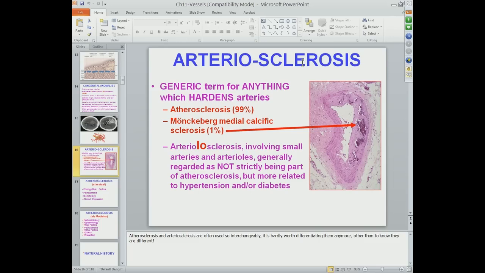okay. I don't have any problem with that. But remember, arterio just means artery, sclerosis means hardening. So anything that hardens an artery, whether it's abnormal deposition of calcium within the muscularis, or within the media. See that I used the wrong term. I call that the muscularis. That's only for GI. It should be called media. That would technically be one form of